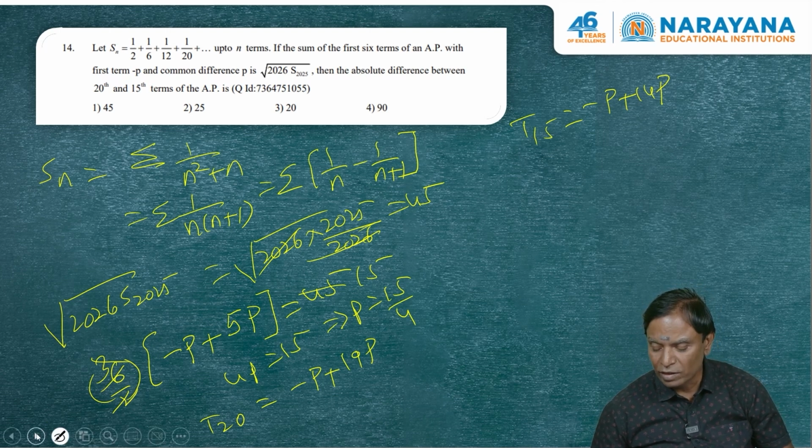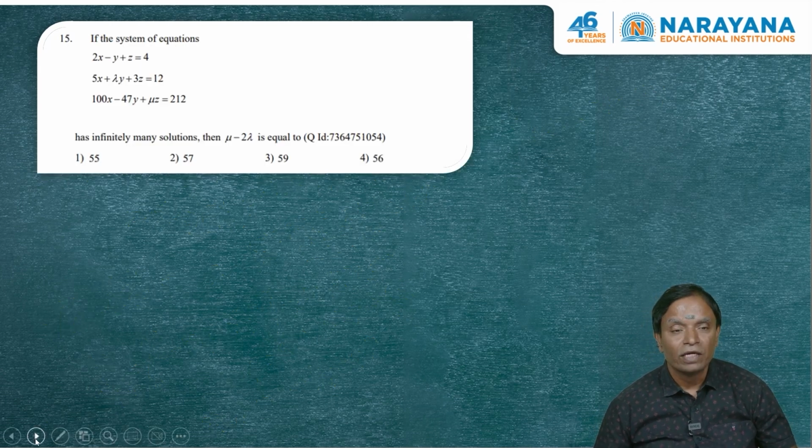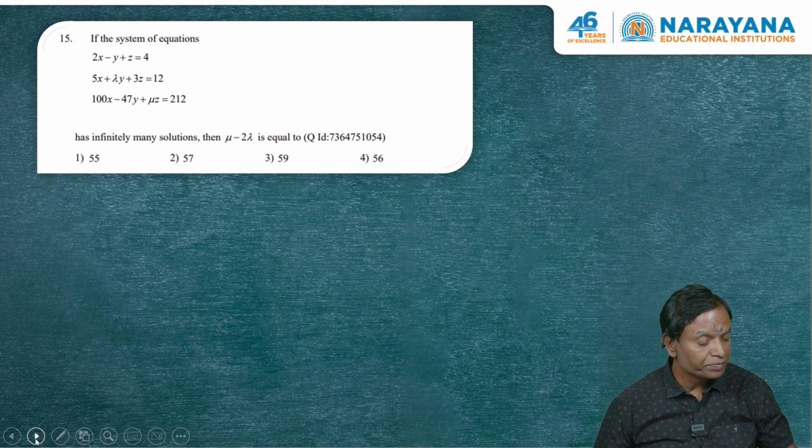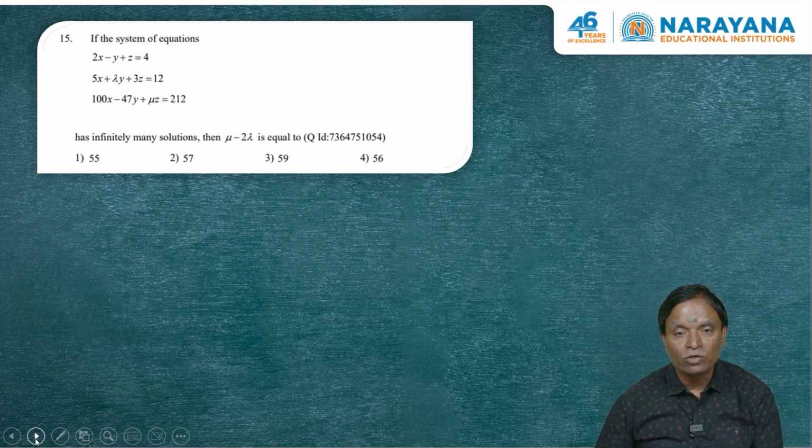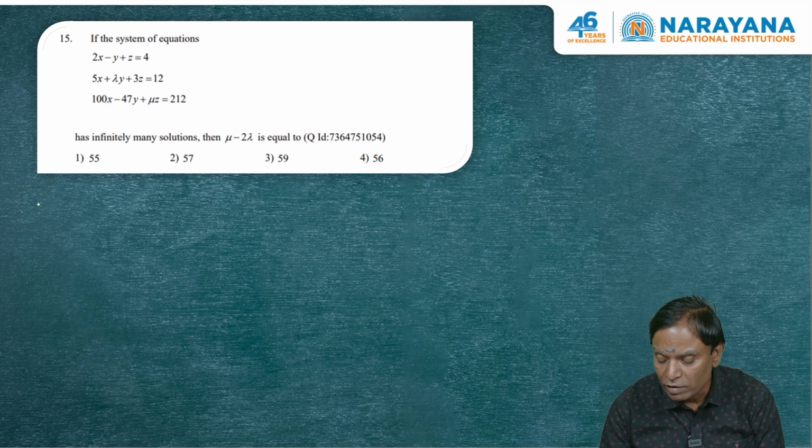Okay, let us go to the next problem. If the system of equations has infinitely many solutions, then you are asked to find the value of mu minus 2 lambda. As you know, the given system has an infinite number of solutions, means the first determinant 2, minus 1, 1, 5, lambda, 3, 100, minus 47, mu